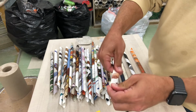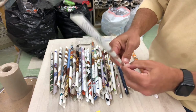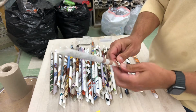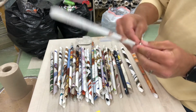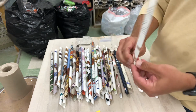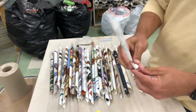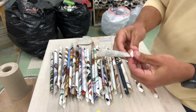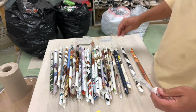All right, so I can flatten that out a little bit. And now I'm going to start rolling this. Now you want to keep this as tight as possible, all right? So roll this really, really firmly and keeping the end of this kind of pulled tight as you do it. Now, once you get to about 3-4 inches from the end, okay, we're gonna go ahead and add our next